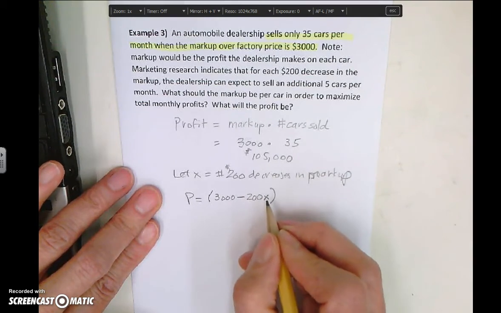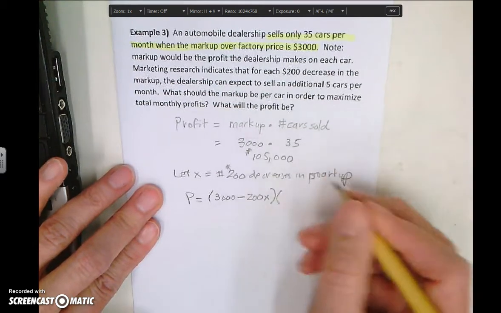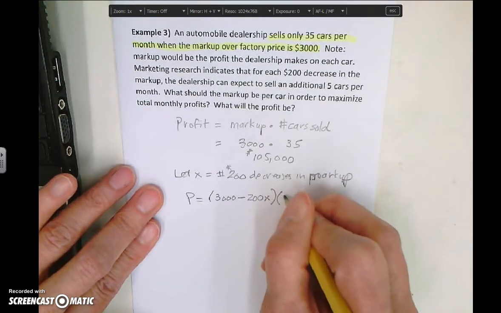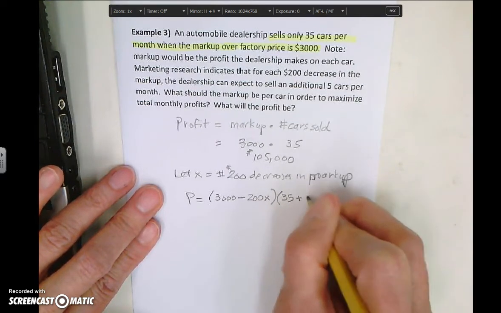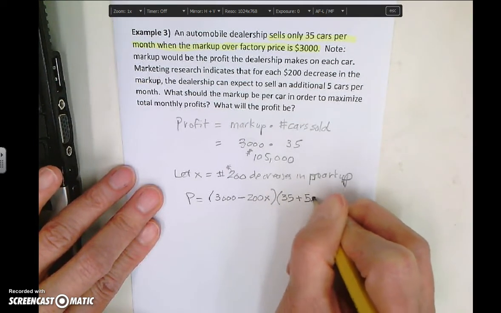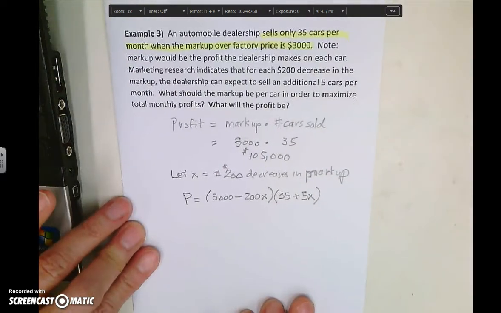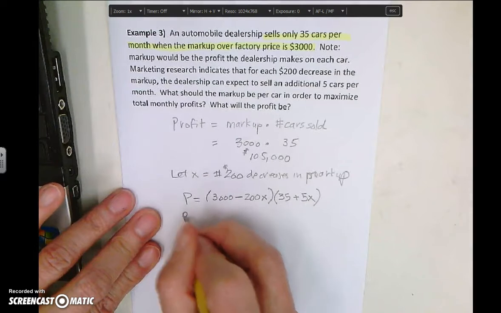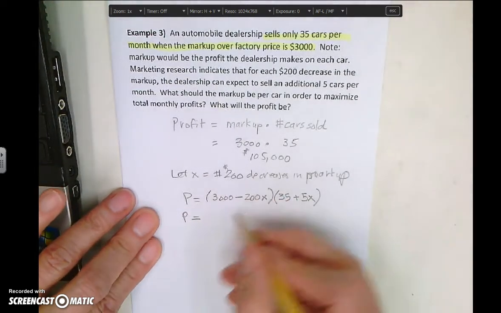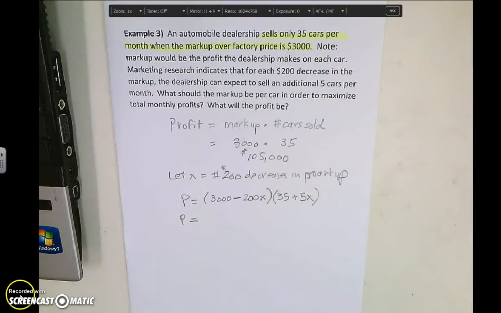So once, subtract 200, then subtract 400, then 600, etc. Then when that happens, the number of cars sold, which was initially 35, is going to increase 5 cars per the number of changes that we make. So 35 plus 5x. So we're going to need to then distribute that out